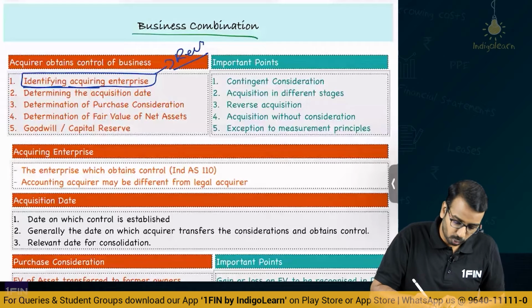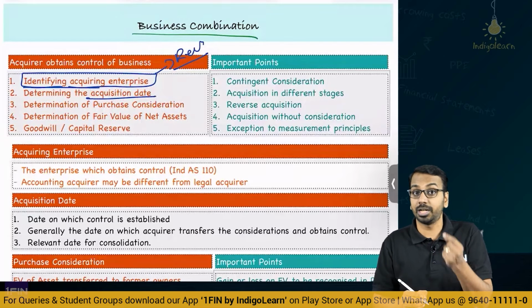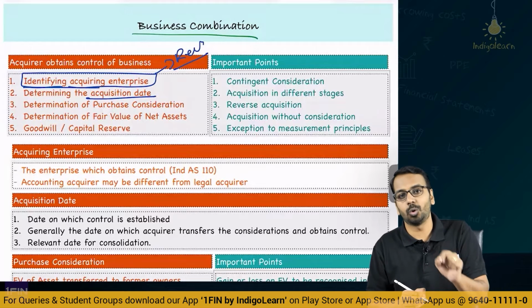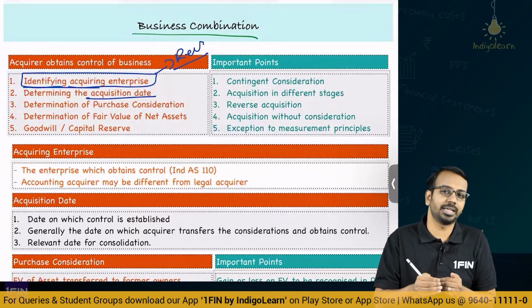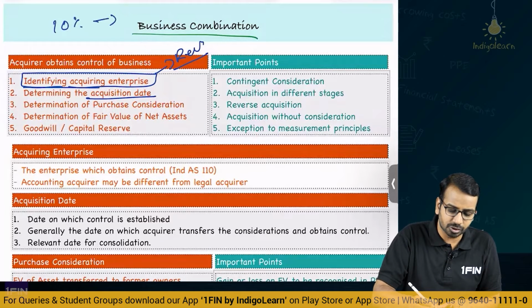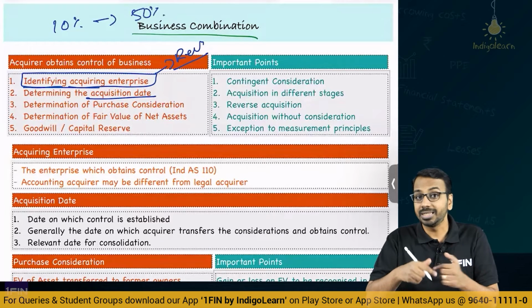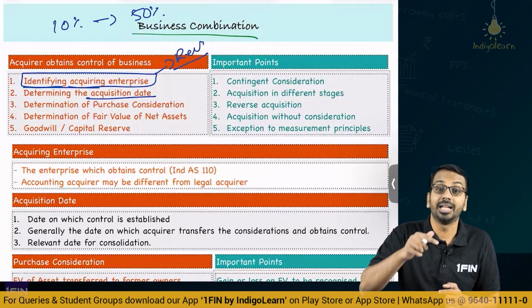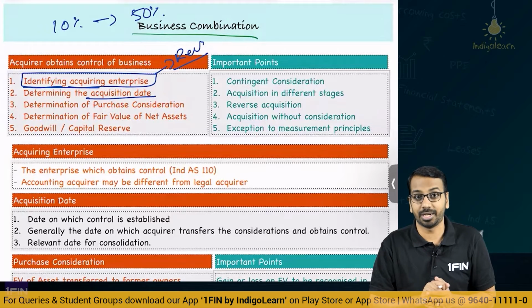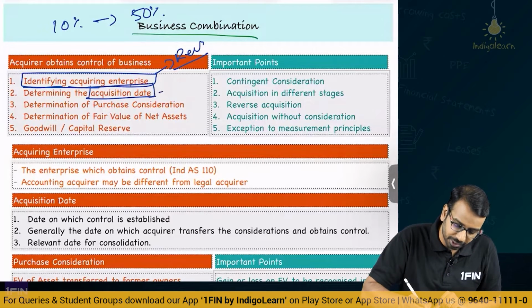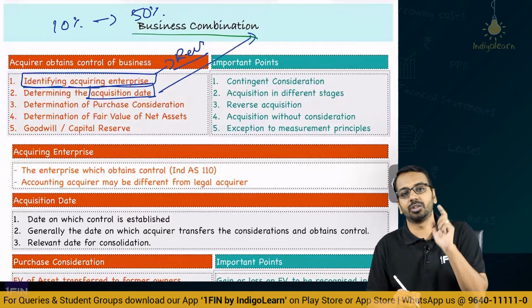Then the next thing is what is the acquisition date. Acquisition date means the date on which the acquirer has obtained control over the acquiree. Now, in a lot of cases, what could happen is you may start with, let us say, a 10% stake, and gradually increase to more than 50%. In such a scenario, finally, when we obtain more than 50% stake, that is what becomes our acquisition date. And why is acquisition date important? Because all your accounting of business combination will be done on this acquisition date.